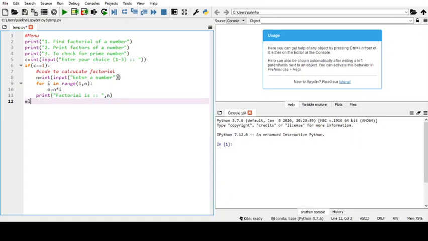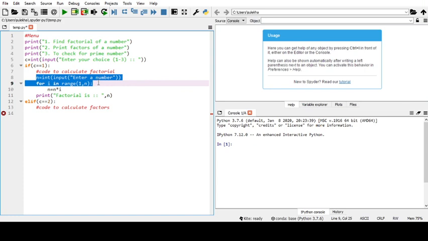Now if I check if C's value is equal to 2, then we need to write the code to calculate factors. I'm copying the method from here.